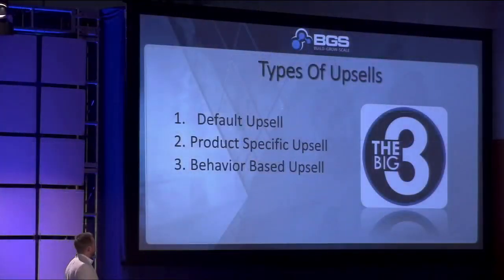There's 3 default types of upsells. Okay, this is where we're going to get a little bit geeky here. The first 2 are real simple. The third one's a little bit more technical. The default upsell means that when they buy a product from you, no matter what, they're going to see the same product as the upsell. So let's say you have 3 products, and if they buy product 1 or product 2, no matter which one they buy, they're going to see product 3 as the upsell. So you have a default upsell. It's just the blanket.